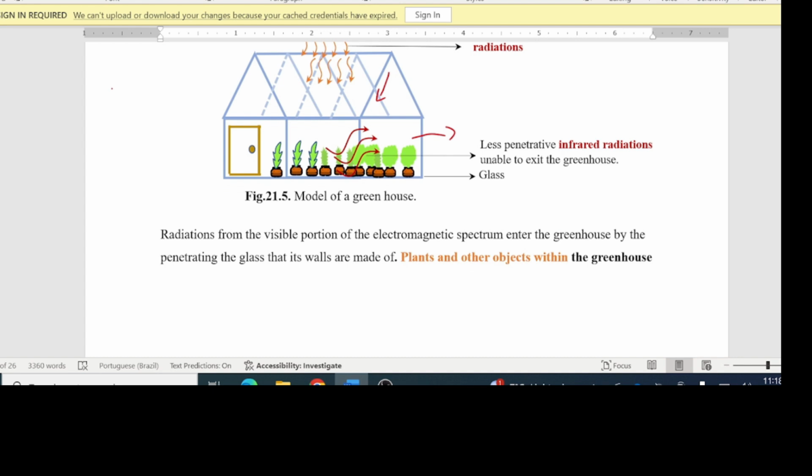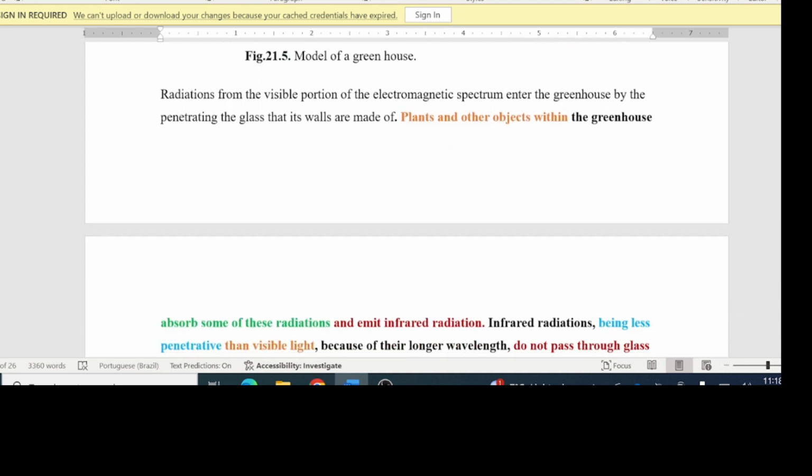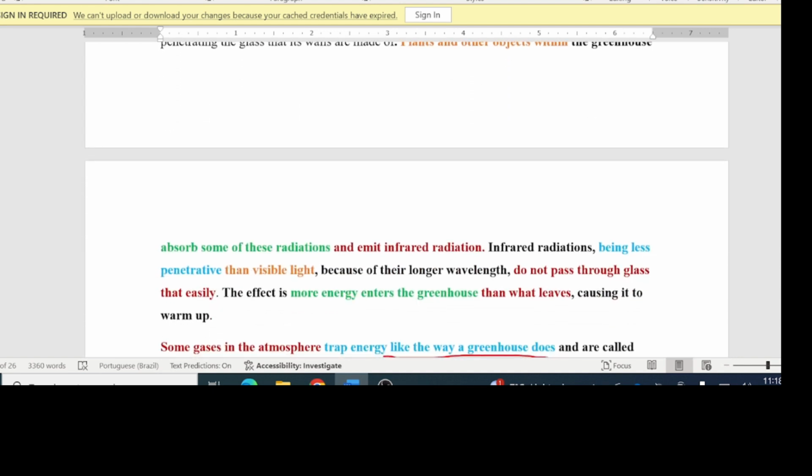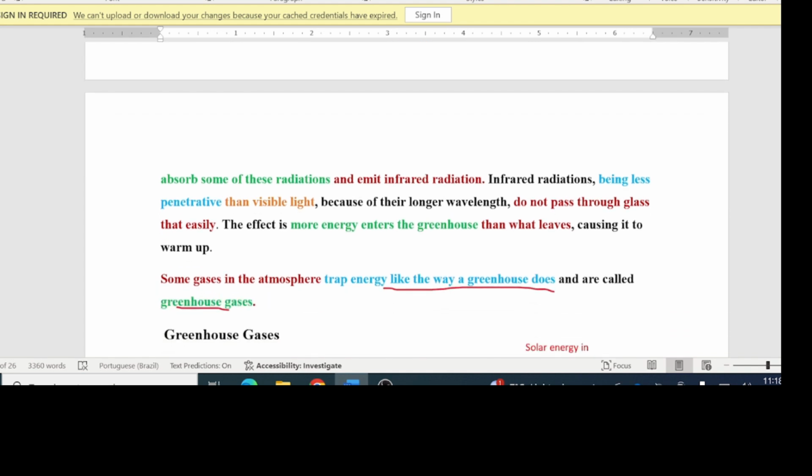Plants and other objects within the greenhouse absorb some of these radiations and emit infrared radiations. Infrared radiation, being less penetrative than visible light because of its longer wavelength, does not pass through the glass that easily. The effect is that more energy enters the greenhouse than what leaves, causing it to warm up. So basically what this means is this: